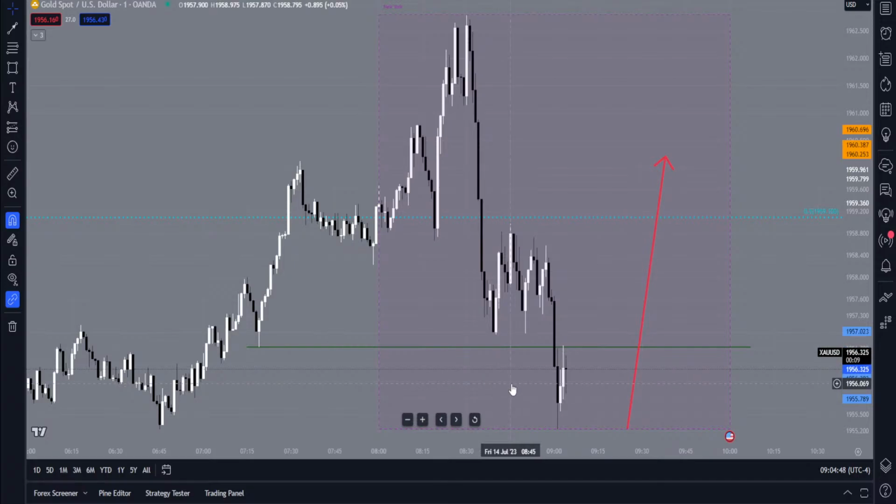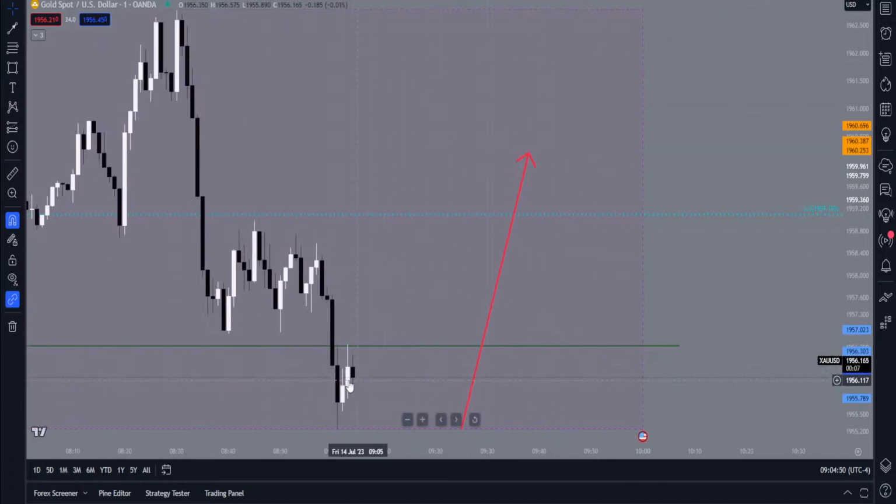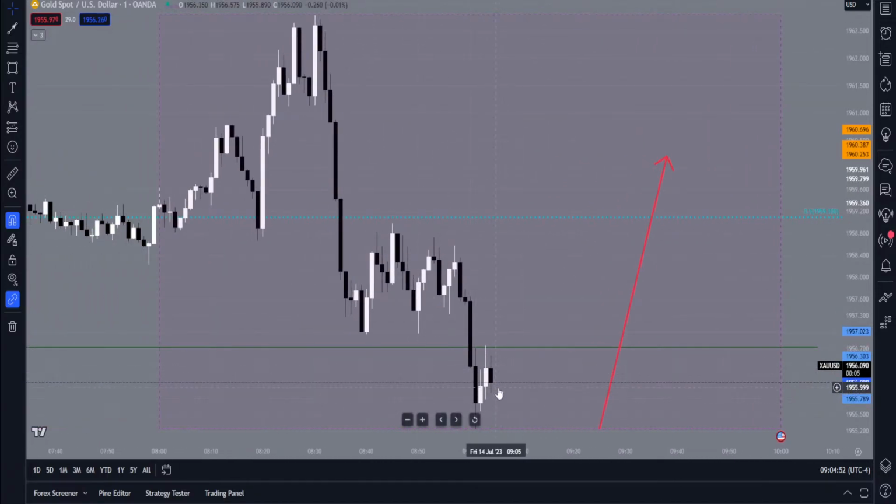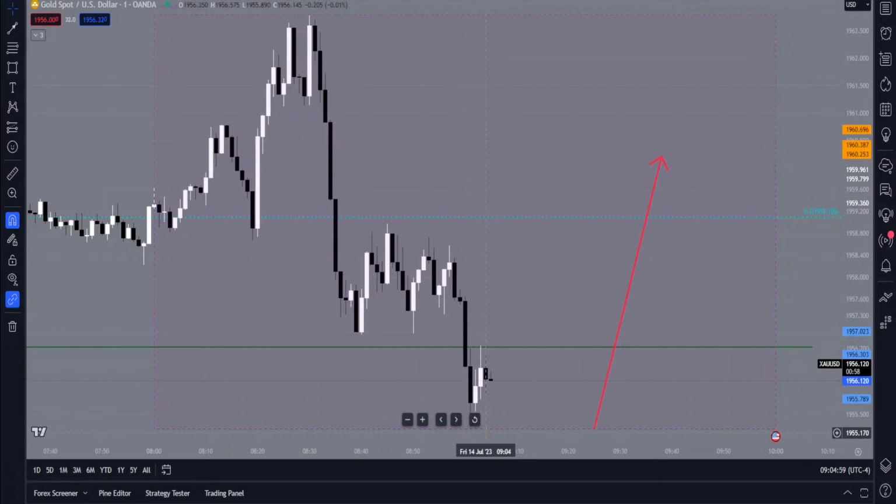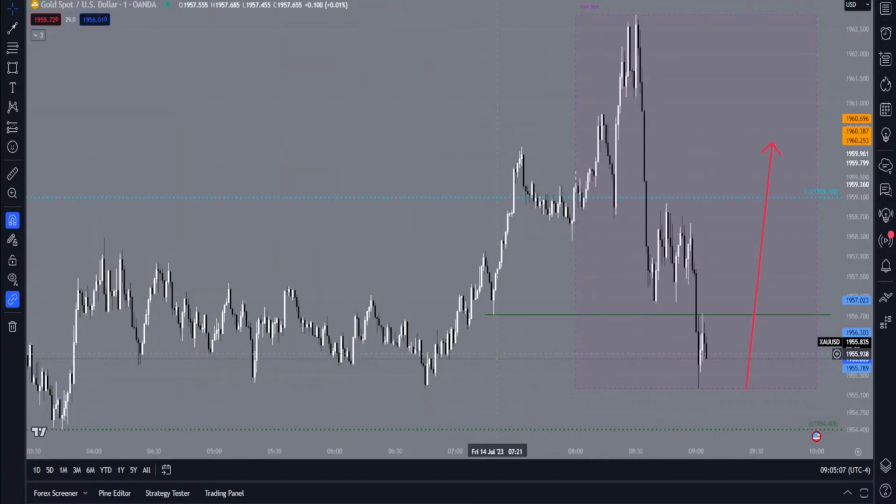But I'd like to see this close a decent down candle, down close, and then the next one gives us a good engulfing, and then use the lows here as stop loss. That would be really good if we could get this to be engulfing right here. It would be really nice.